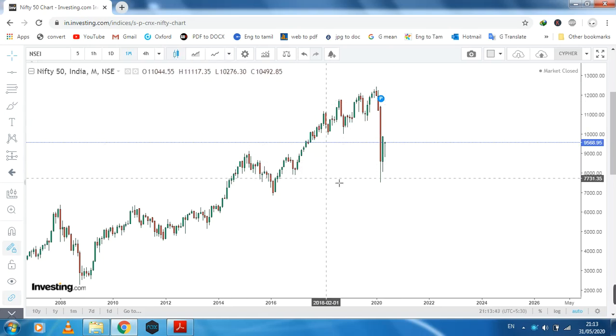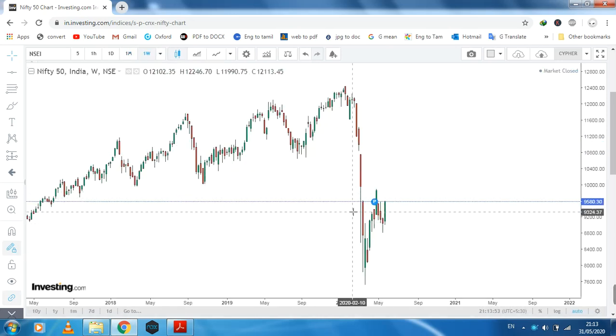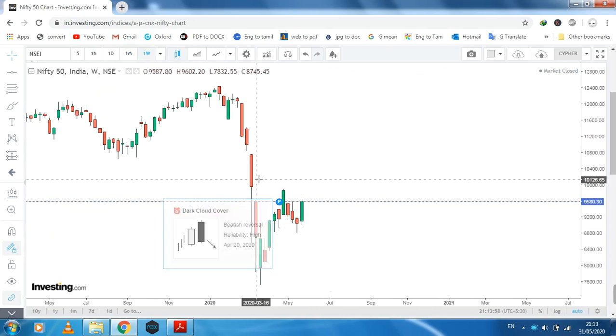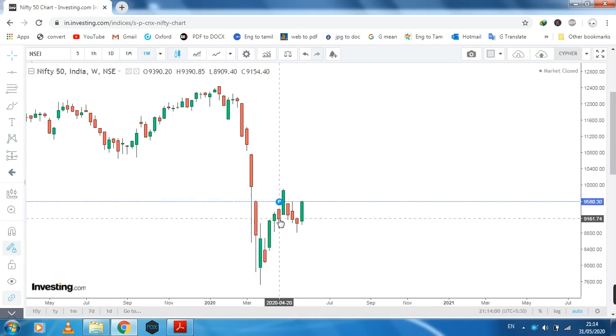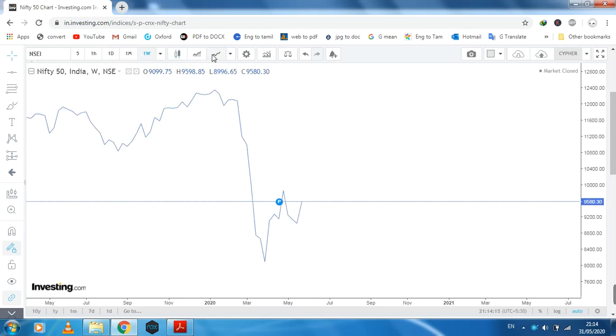Okay, advice: we need to go to the weekly chart first, because we shouldn't have any pattern formations. So go to the weekly. Weekly has closed above this previous higher high, so it is still in a downtrend. After that, we need to draw the support and resistance; we need to go to the line chart to plot support and resistance.